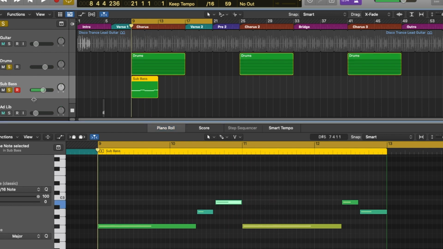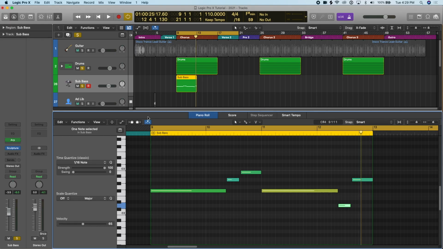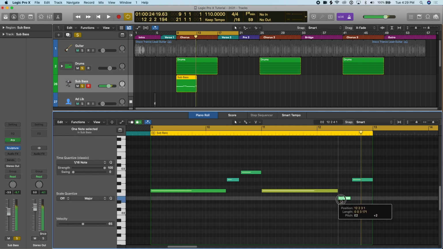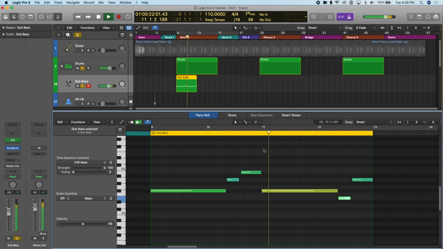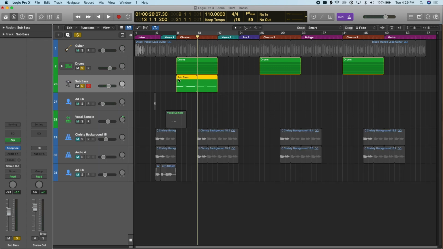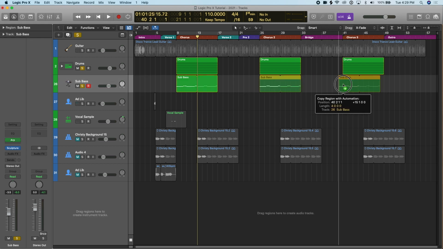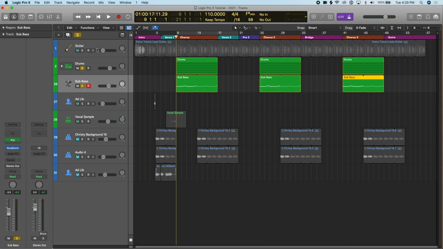Let's hear that with the drums. Maybe that would sound better if it was lower. I need the preview again, so I'm going to go up here. So I see what this sounds like. That sounds cooler to me, and I can loop it here. And I can also make copies here like this. So with the guitar,